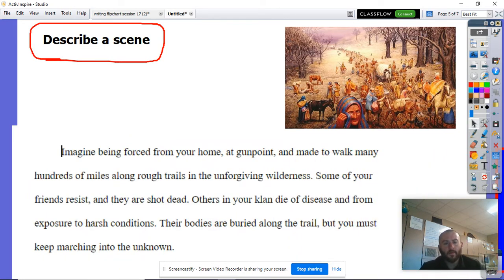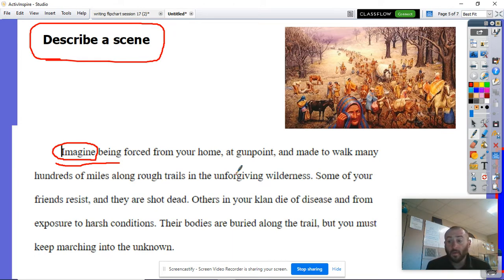So here's what I came up with. And I started off the same way that you might start your paper or your scene, by saying "imagine," because then the reader knows that you're about to describe a scene. So imagine being forced from your home at gunpoint and made to walk many hundreds of miles along rough trails